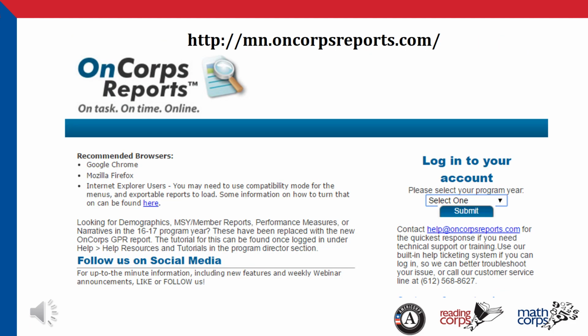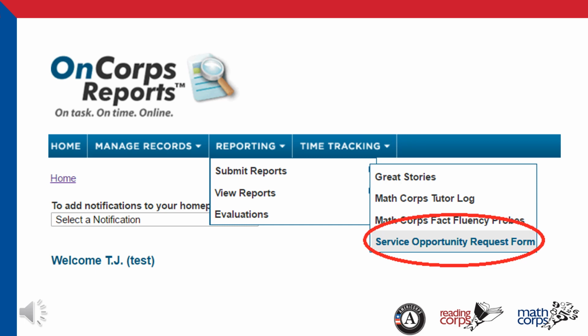The first step to submitting an SOR form is to log into OnCorps. Go to mn.oncorreports.com. Your info page has detailed information about how to access your OnCorps account, including the website and your grant, username, and password. Once you are logged into OnCorps, you should hover your mouse over Reporting at the top of the page,